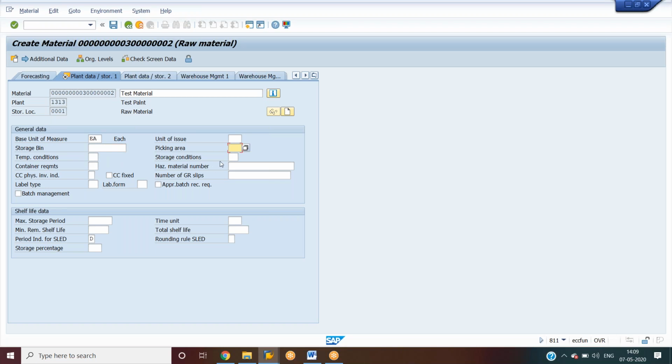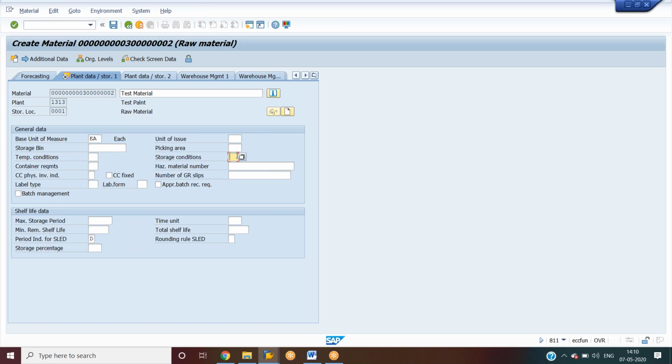And temperature conditions as well as storage conditions, as I said in the previous screen, I have explained about a few industry sectors like retail, cosmetics, pharma. For example, in the pharmaceutical industry, some medicines have to be preserved under certain temperature and storage conditions. If those conditions are not maintained, and it is exposed to heat or something, then it will become a poison. That is the reason we have to maintain these temperature conditions as well as storage conditions.